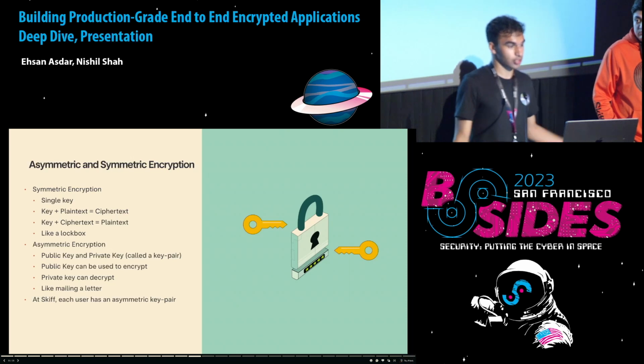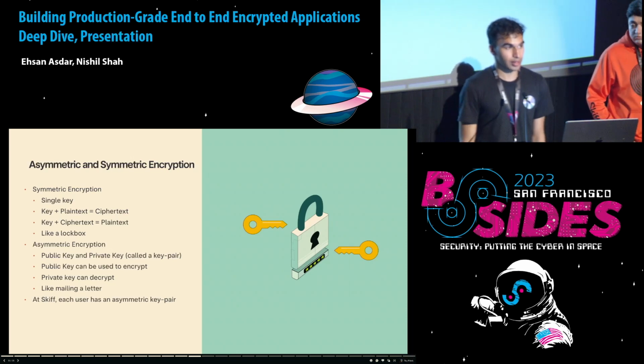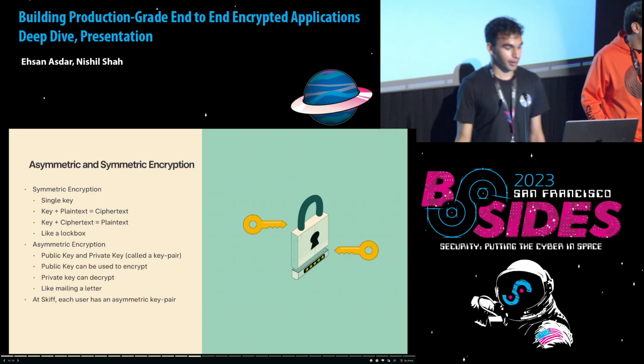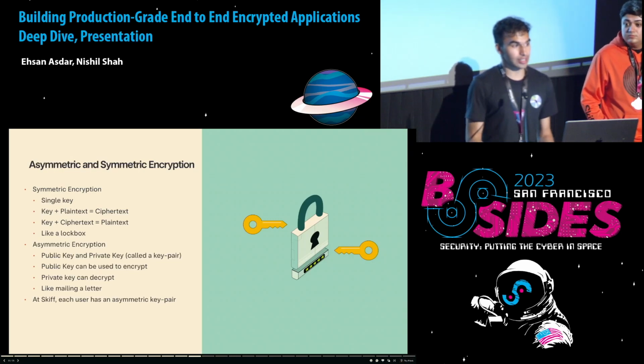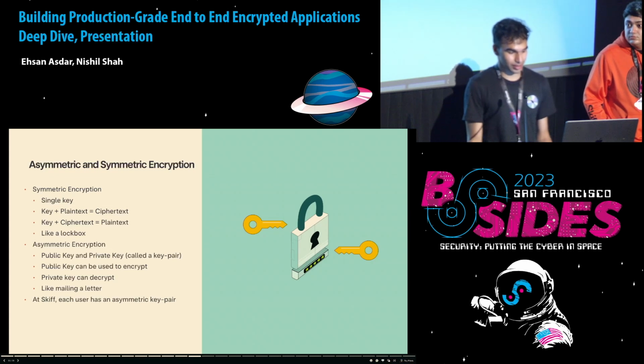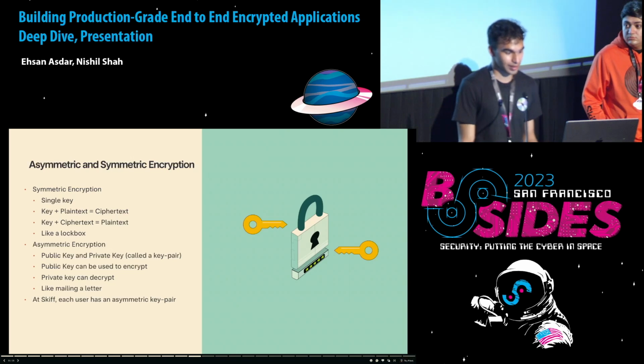So in this case, Nishil could share his public key with me, post it on a public messaging board, whatever. And I can use that to, let's say, encrypt a letter for him. But then only he can decrypt that letter with a private key. So the cool thing with asymmetric encryption is I don't need to do this step that I mentioned before, where maybe I text the passphrase to him out of band. Instead, because there are 2 keys, I can just use his public key to encrypt something and he can decrypt it